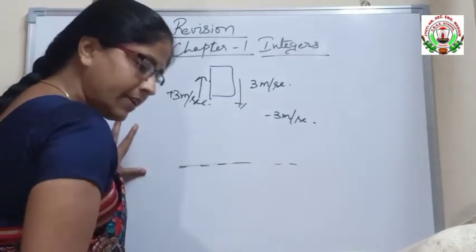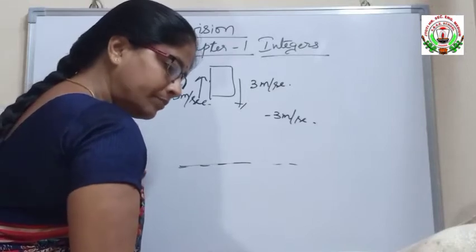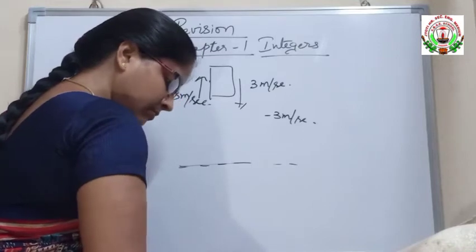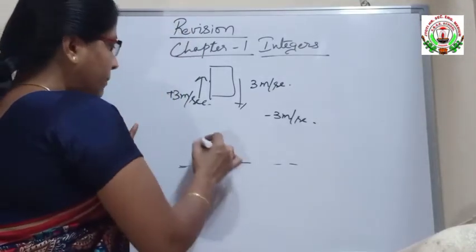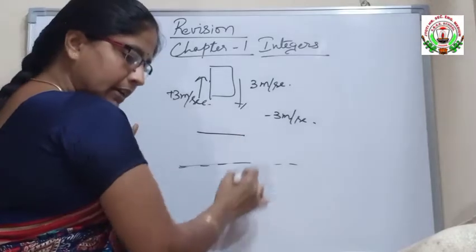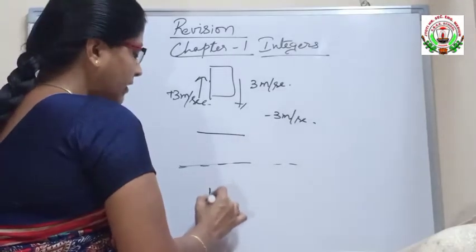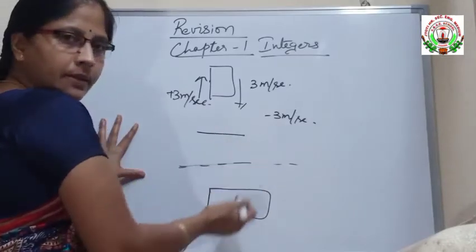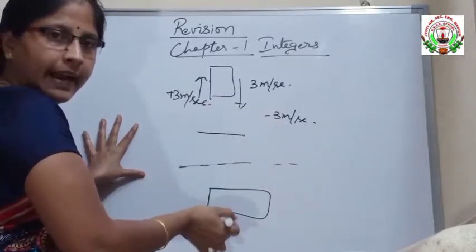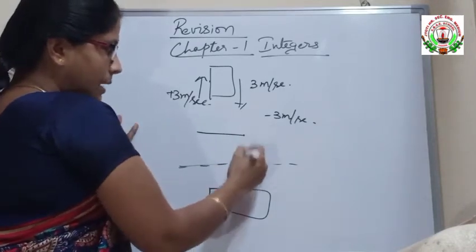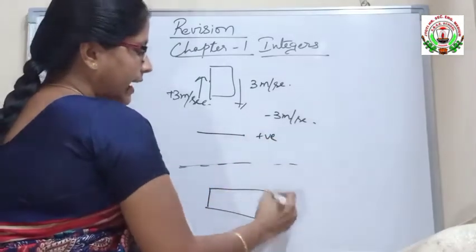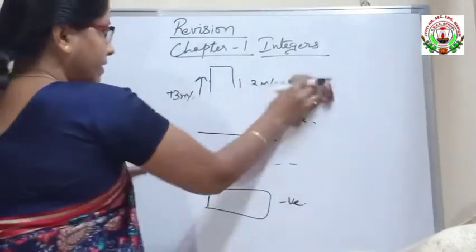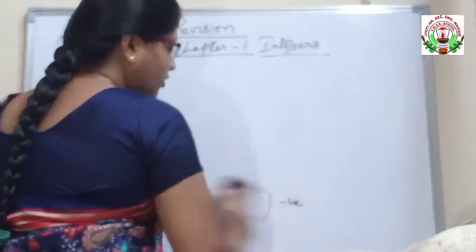Otherwise, ground level here. In one problem they have given that a plane is flying, and there is a submarine inside the sea. What is the difference? What is the length of the height they have asked here? Because it is above the sea level, it is plus here, and because it is below the sea level, it is a negative sign. So in this way they have given the questions for solving.